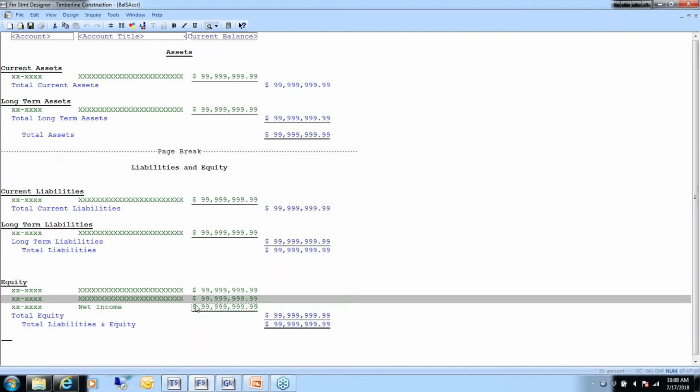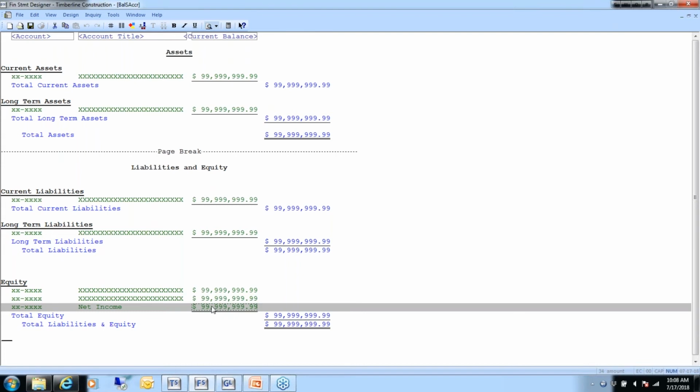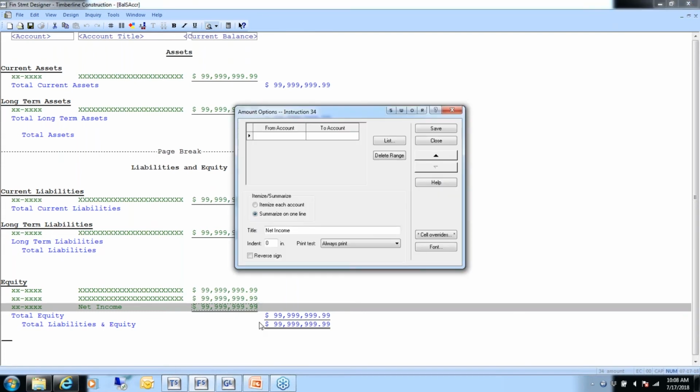We can't pull just a straight account number into this position on the financial statement. There isn't any way up in the grid to say, add this and subtract that. We have to use an accumulator to do that. So instead of trying to pull an account number here, we're going to use a cell override,